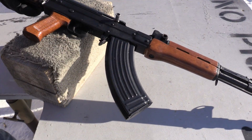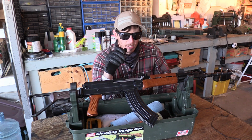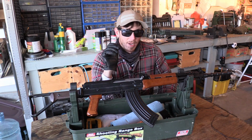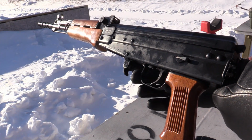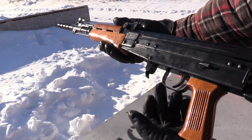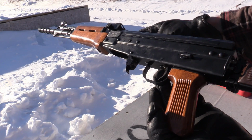So no complaints there. The trigger I find is surprisingly good for a comm block gun. Very good in my opinion, actually. It's not gritty at all, even out of the box. Without even breaking it in, the trigger was great. Smooth. And my favorite part about the trigger is it has a really